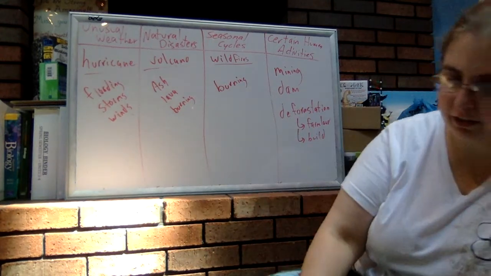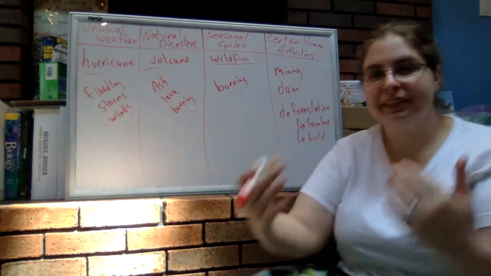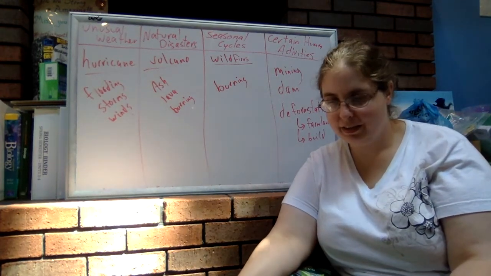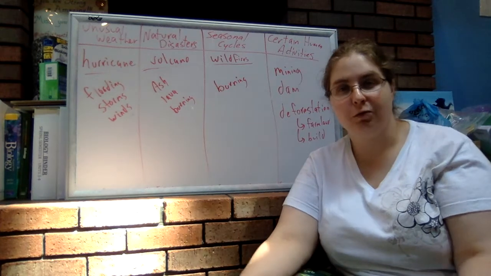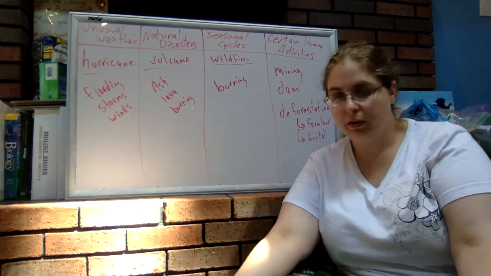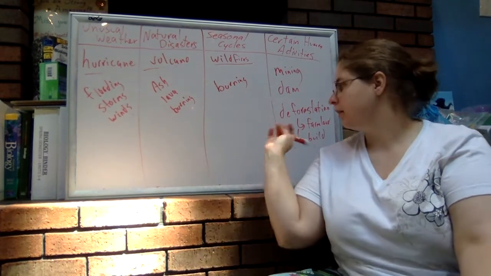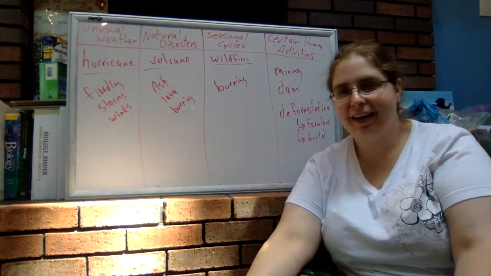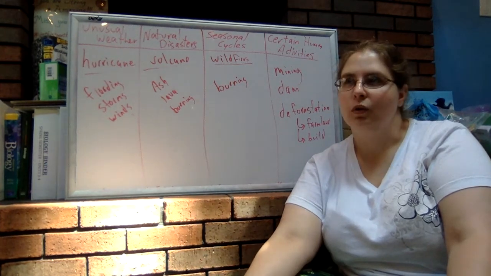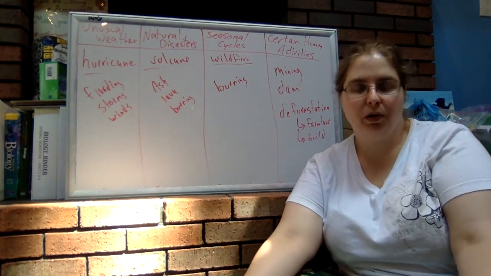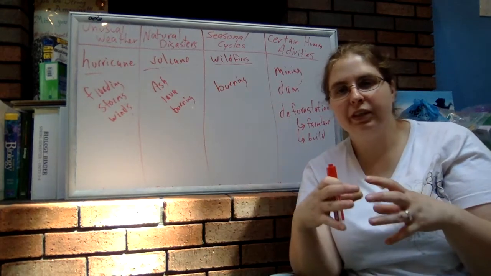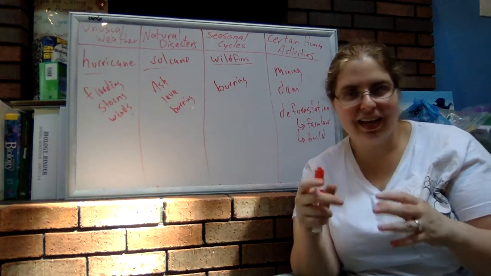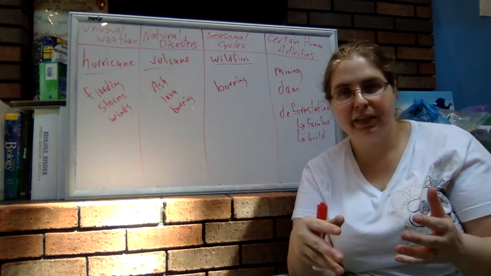For deforestation, that is us actually completely removing the forest ecosystem. And whether we're doing it and converting it into farmland for grazing, or we are removing it so that we can build a city or a town or a parking lot or a mall or some kind of building or home or apartments, we are actually removing the ecosystem completely, which means every single population in that ecosystem is going to be displaced or killed.